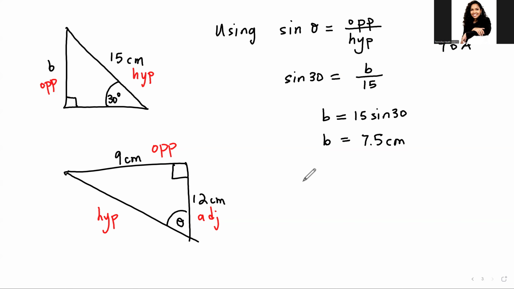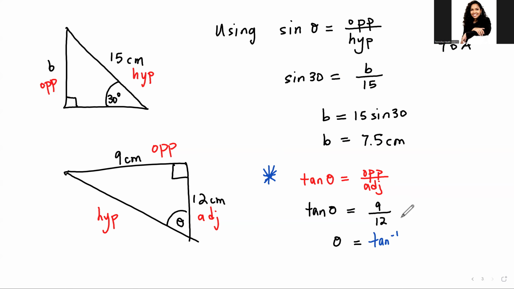So we're going to use tan of theta is equal to opposite over adjacent. And now we substitute our values in there. So tan theta is equal to the opposite, which is 9, over the adjacent, which is 12. So then theta, now this is something to make a note of. When you are finding an angle, you have to use the inverse function. You wouldn't just say theta is tan of 9 over 12. Theta would be tan inverse of 9 over 12, which is the tan inverse of